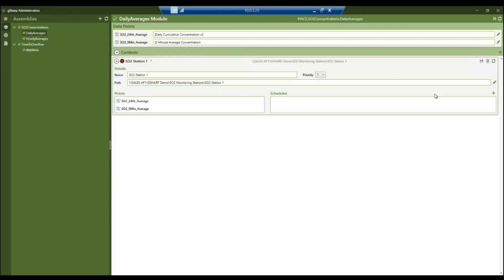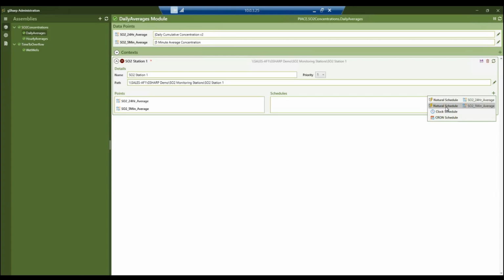Now what I need to do is add a schedule to this context. So I'll click on the schedules, and here you can see that I have 4 different schedule options. I can do a natural schedule on the 24-hour average or the 5-minute average. Now in this case, I'm going to use the 5-minute average because that is defined as our input tag. See also that there is the ability to add a clock schedule or a cron schedule.